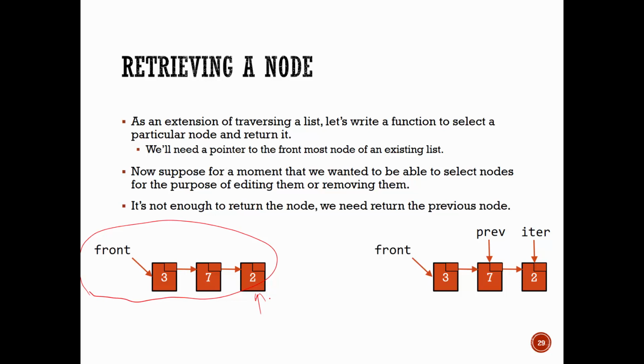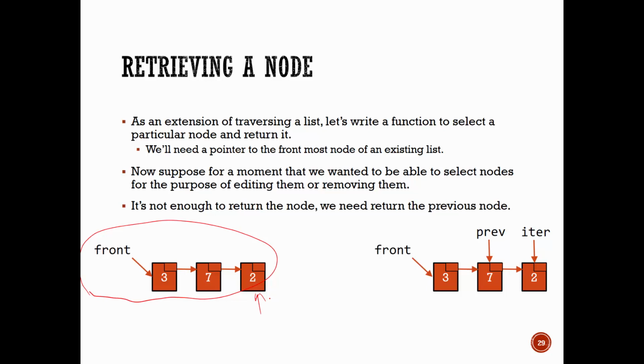Now, we could implement it just using the standard traversal stuff we did earlier, but the problem is it's not really a general solution. Depending on what I want to do with my node, I need to support different things. If I just want to display it, then it's easy to have a while loop that loops to it and returns it. That's fine. But imagine if I wanted to return a node and use that to implement something like delete.